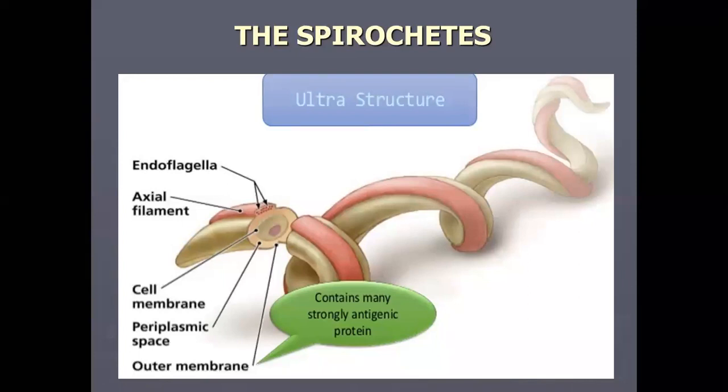This is the diagrammatic representation of a spirochetal cell. As the name indicates, you can imagine that this is an organism which occurs in spiral shape. That's why they're called spirochetes. They make coils and occur in spiral form. So if you look at the structure of the spirochetes,